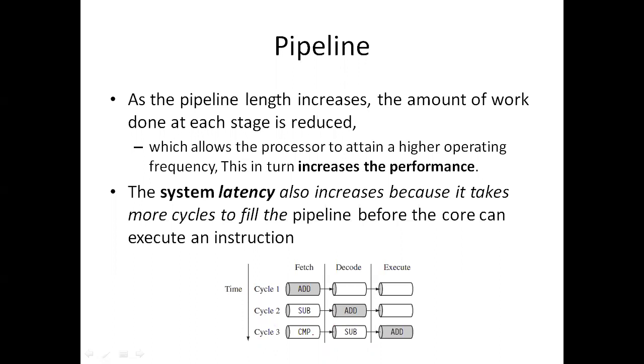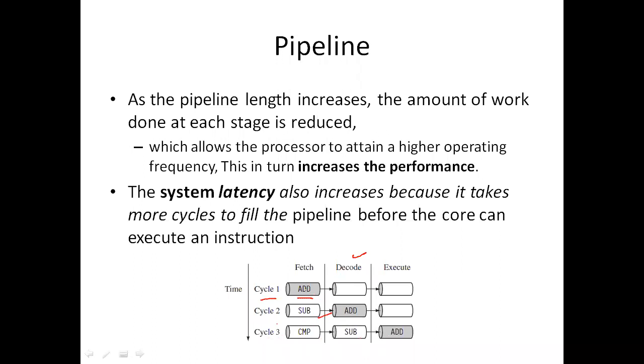So you can see here in this example, during the first cycle, assume that the ARM processor will fetch an add instruction. During the second cycle, that first fetched instruction will be decoded by the decode unit. While that first instruction is decoding, the second instruction will be fetched by the fetch unit. During the third cycle, the add instruction will be executed.